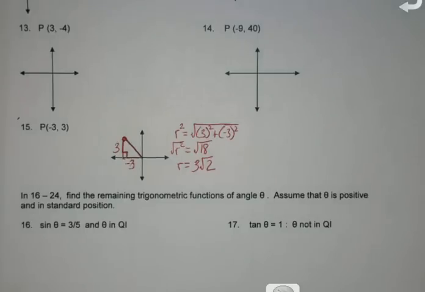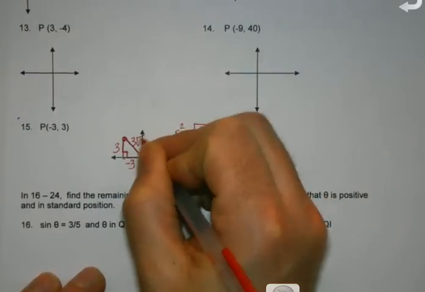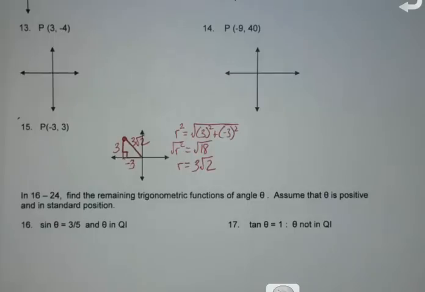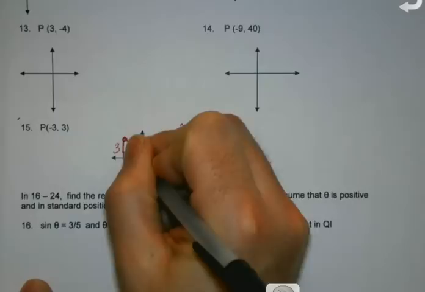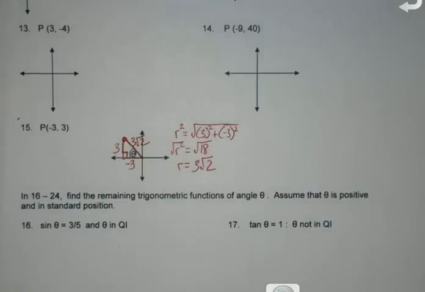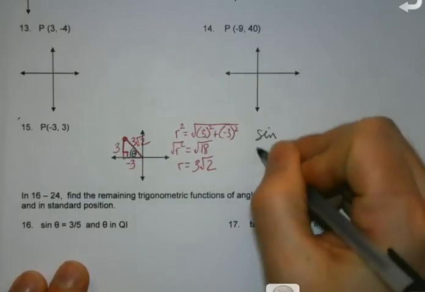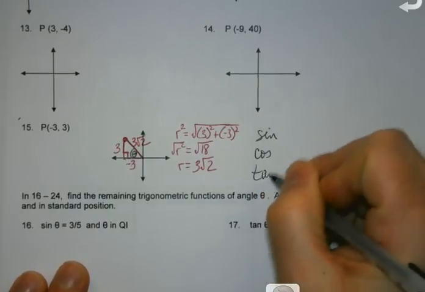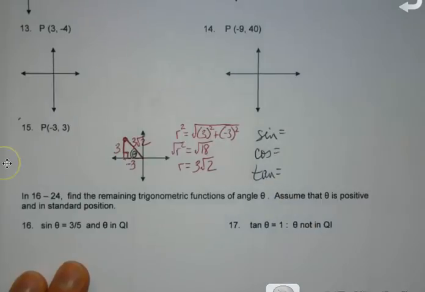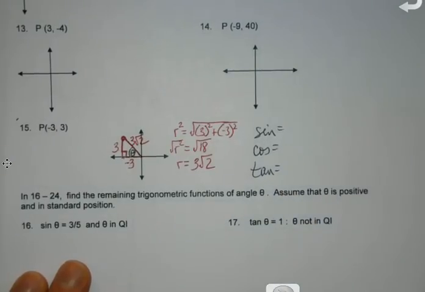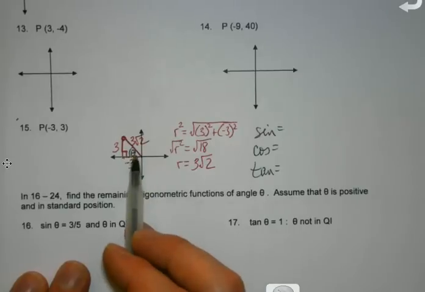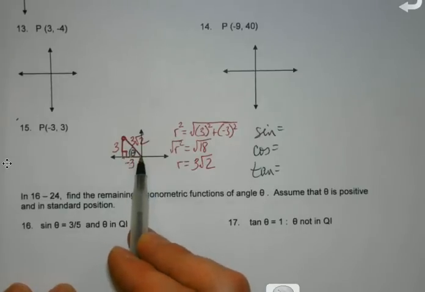So now, at this point, I can do this either way. If some of you are like, well, I thought we had that AOR thing before, why do I even need to draw the picture? You don't, okay? If you get here, and here's my theta, and you want to use that to figure out your 3 trig functions, I have no issue with that. So if you're going the picture route, and you've got your theta, which again is always going to be attached to the origin basically,